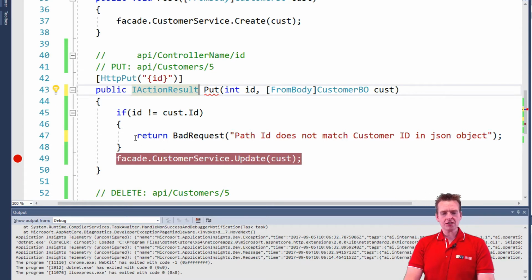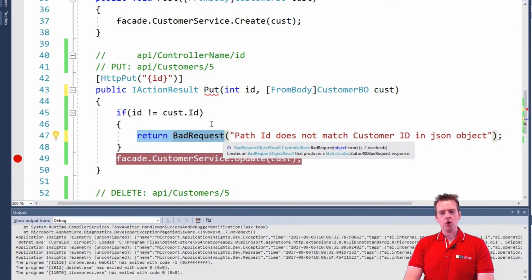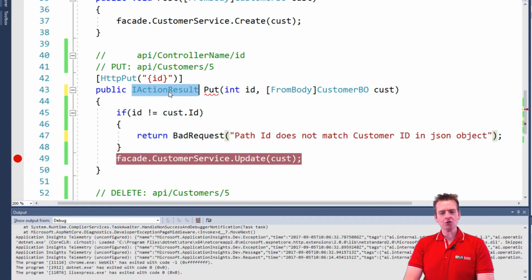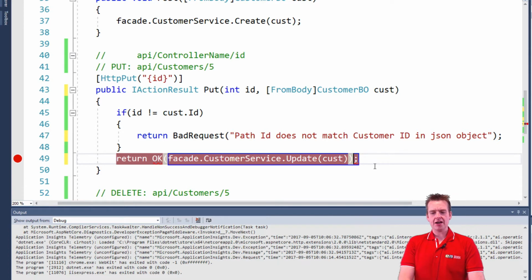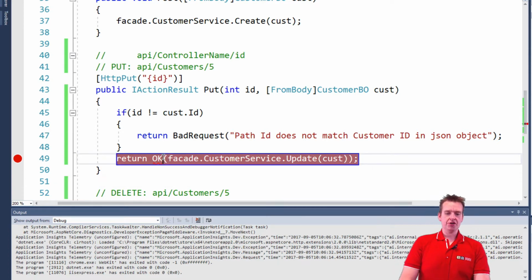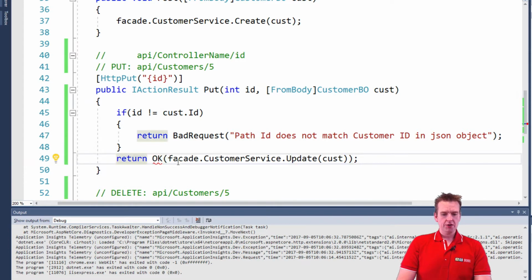So what else can we do? Well, it's not enough to return here, because what if things actually went well? We also need to return something if things went well, right? Because the OK is not returned automatically now that I'm doing this. What you have to do is very simple. You just have to return Ok. That's just another object type we can return. And inside that, we can return directly